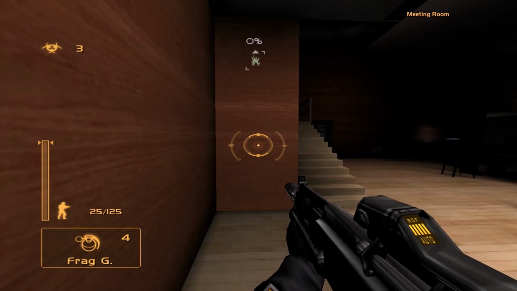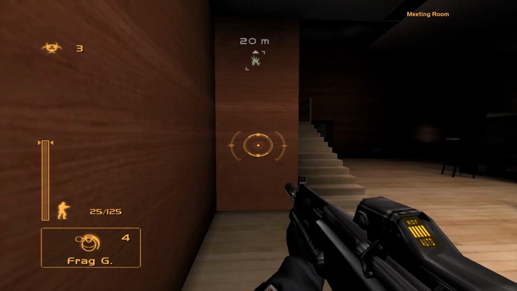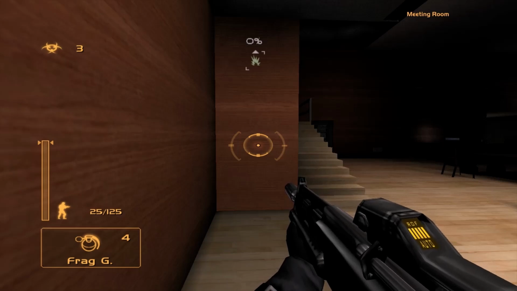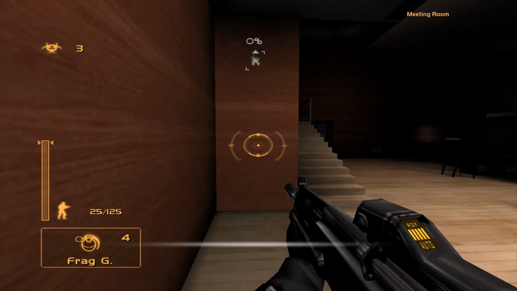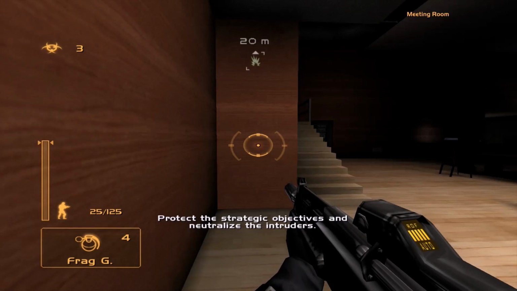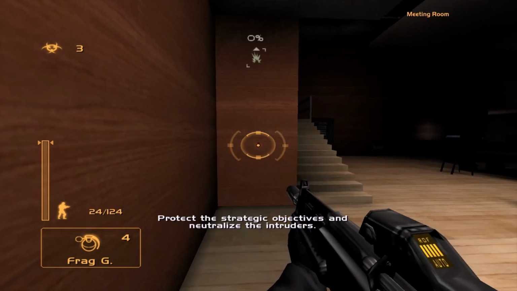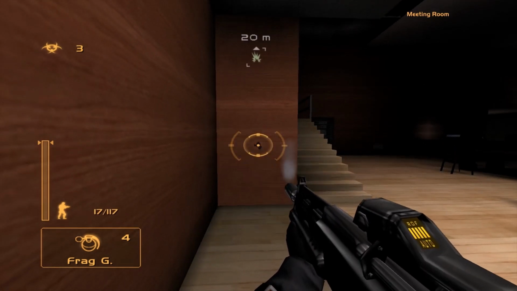Let's talk about the mercenary primary weapons, the first of which is the assault rifle. The assault rifle has a 25 round magazine, can fire in fully automatic mode or a burst fire mode, and it also has a sniper mode. If you hit the primary fire key, you'll fire your weapon, which by default is in the auto mode. You can push the change rate of fire button to switch to a burst fire,